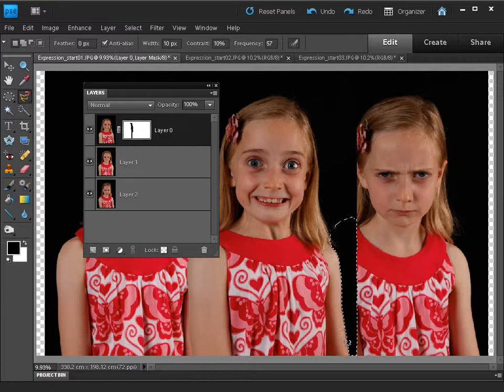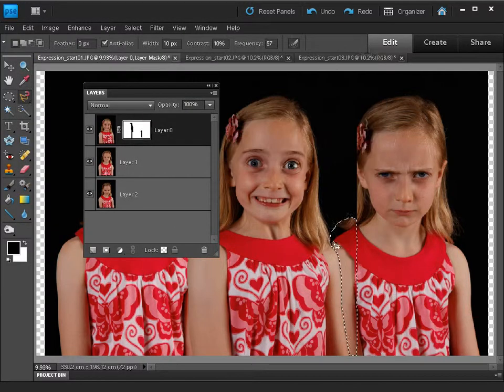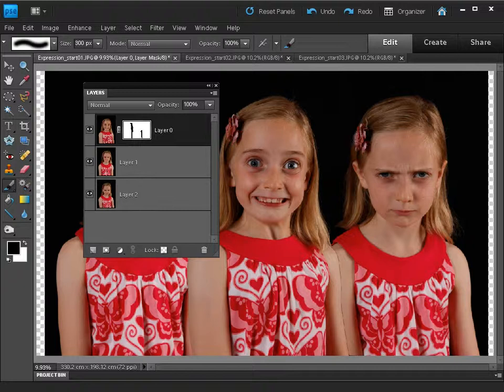Now we're not going to inverse this time. What we're going to do is simply click on the mask once we've made the selection, and then edit fill the selection with black to hide the areas that it's actually overlapping on the top layer. So you can now see the girl on the layer below. We can Control D to deselect that, grab the brush tool, and then just spray a black brush over the rest of this top layer here just to hide the edge of the black frame to reveal more of the